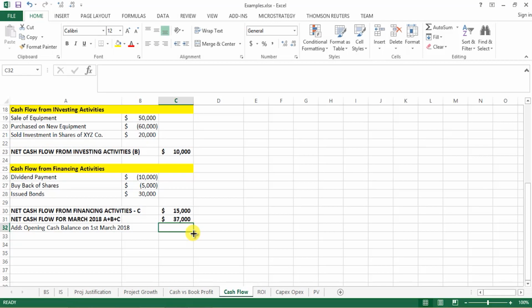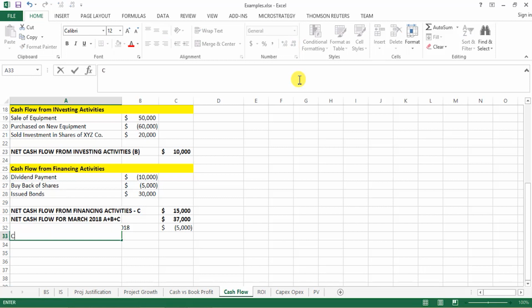How do you calculate the end asset you have in hand? You need to figure out the opening balance first, then add the net effect of all the transactions, which can be positive or negative. In our case, we had a positive cash flow, and that gives you the ending balance of a cash flow. Let's say in the month of February, we had a negative cash balance of $5,000. So here we put minus $5,000, and that gives you the cash balance on 31st of March